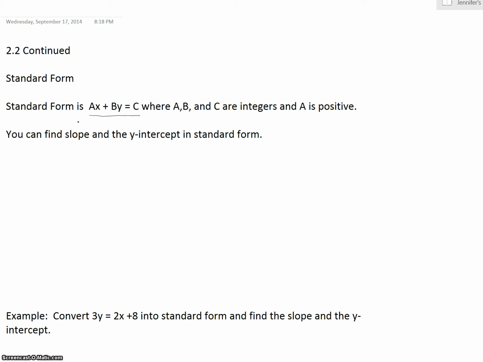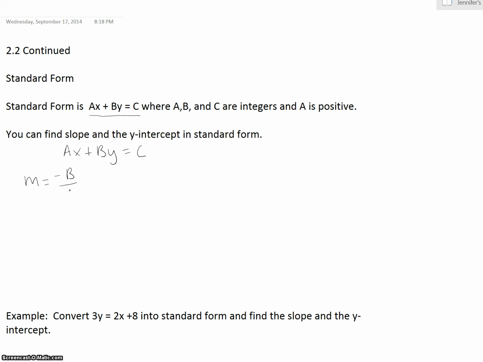All right, you can find the slope and the y-intercept when you have standard form. So standard form is ax plus by equals c. And from this, we can find the slope. The slope for any linear function in standard form is negative b